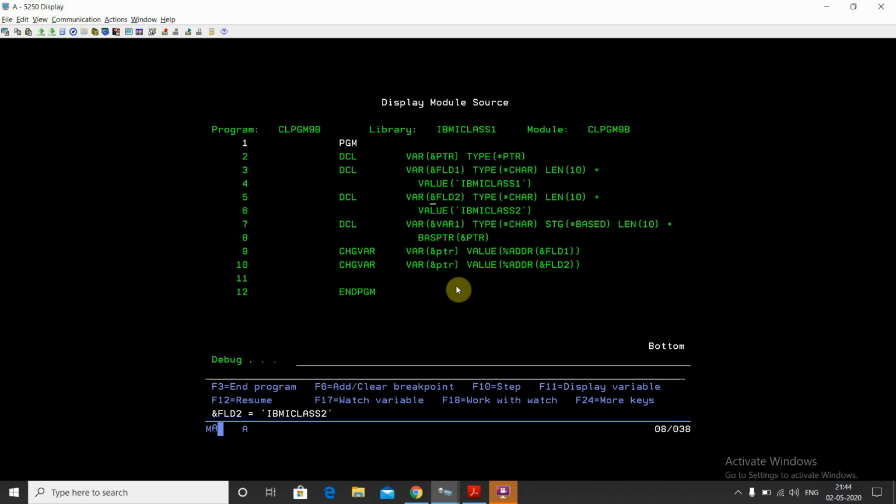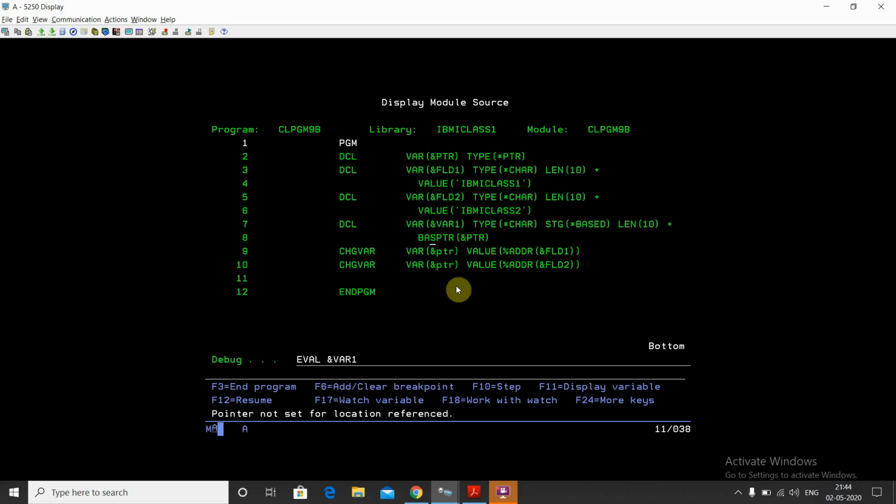Field 2 is having IBMI class 2. Now var1 is based on the pointer variable PTR, and this PTR is null. So it will tell us pointer not set for location reference, because this pointer is not initialized yet.